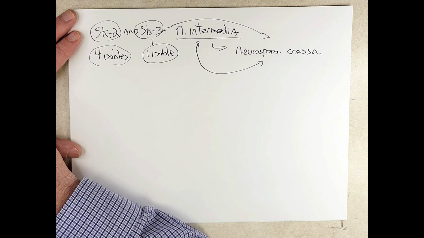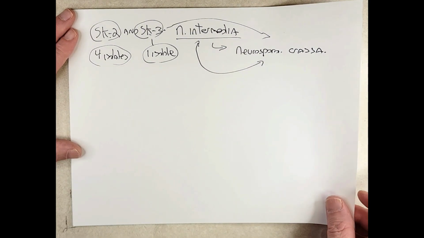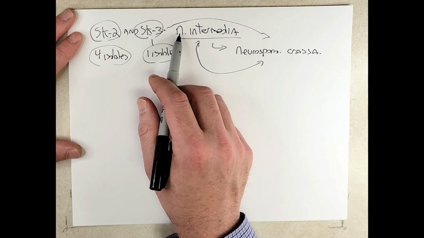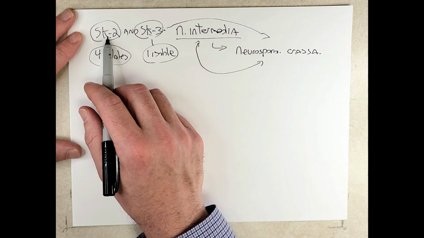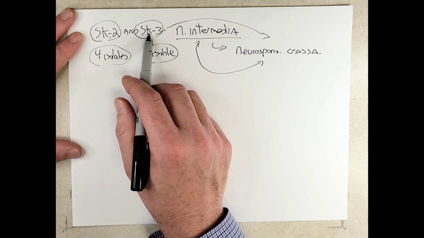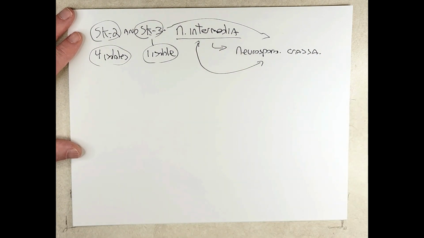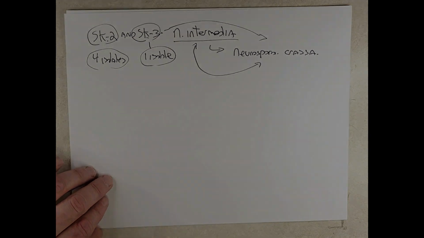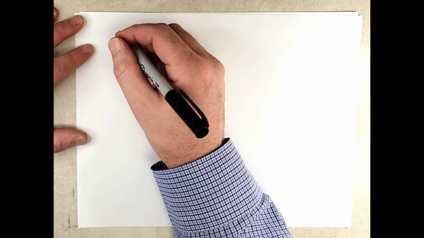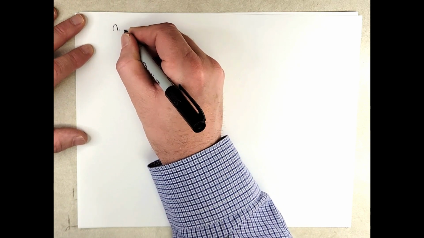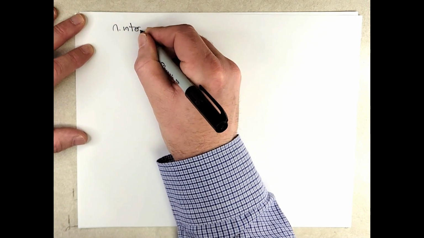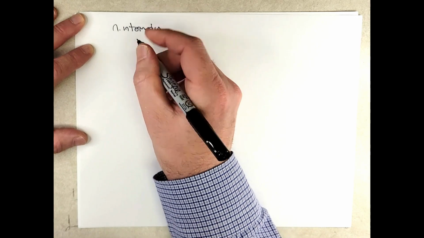And so what they did to move these genes from intermedia, the genes that cause SK2 to be an SK2 strain and the genes that cause SK3 to be an SK3 strain, they moved them through back crossing. Okay, so how does that work? Okay, so how did Turner and Perkins do their back crossing? So let's take Neurospora intermedia, let's take an